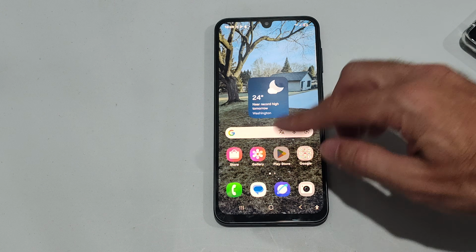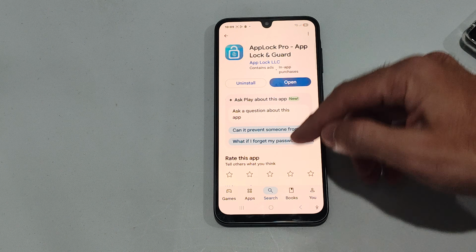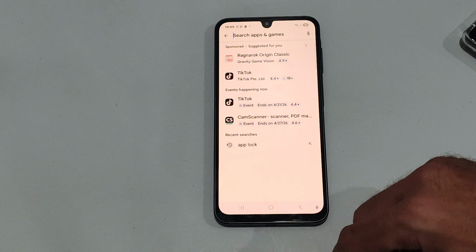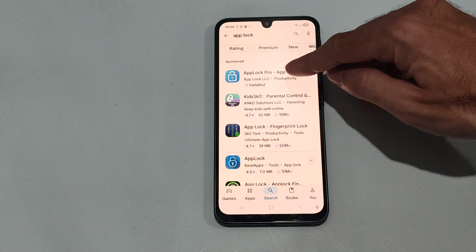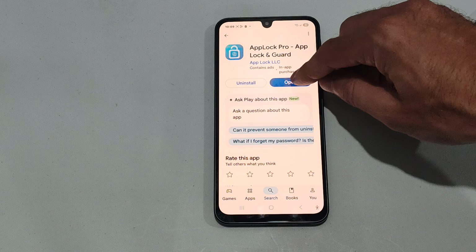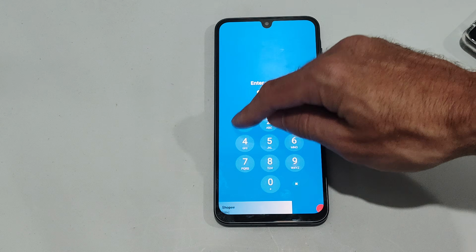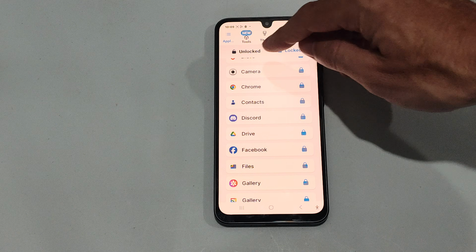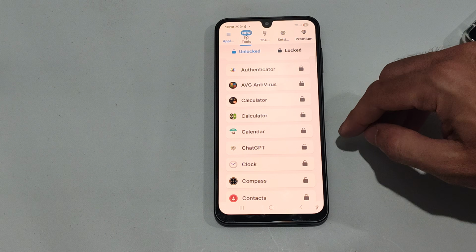Now to do this, if you go to the Google Play Store, you can go ahead and get something called App Lock Pro. So if you just go to search right here, type in App Lock right here and type this in and get App Lock Pro right here, and then just accept the permissions when you open this up. And you have to type in a PIN, you have to create one, so I'm just doing 1111. Then if you go to the unlock section, just look for camera and then just press it and it will